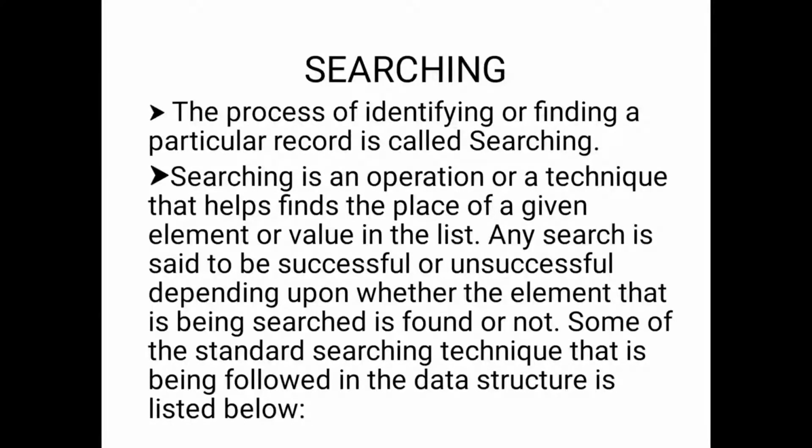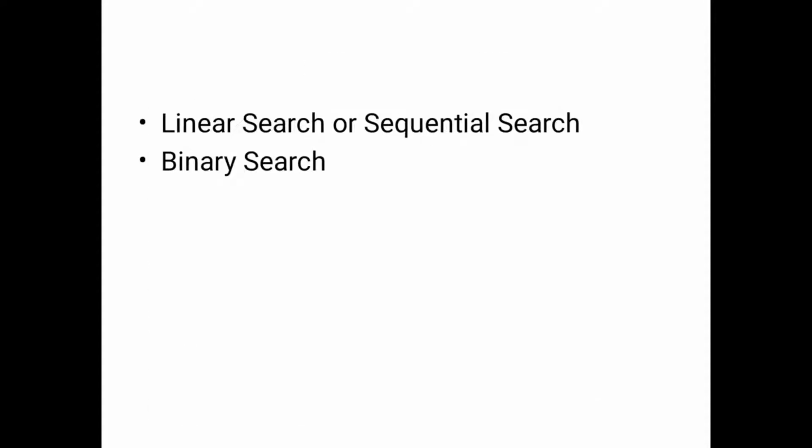The second point under searching is that we can pass the elements as input in sorted order or unsorted order. From the starting index to the last index we will search the values in the list. The list is the elements we are passing. Searching is divided into two types: the first one is linear search, and the second one is binary search.